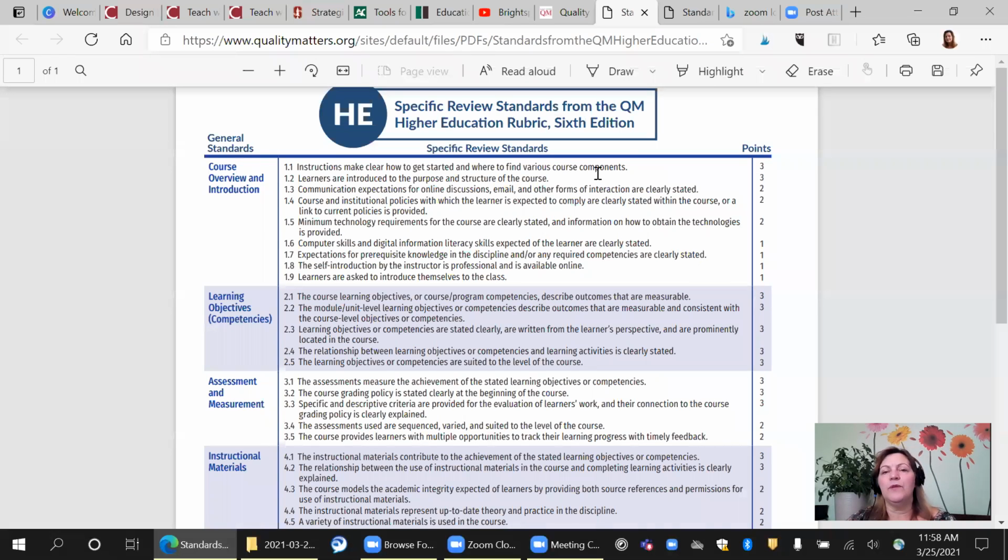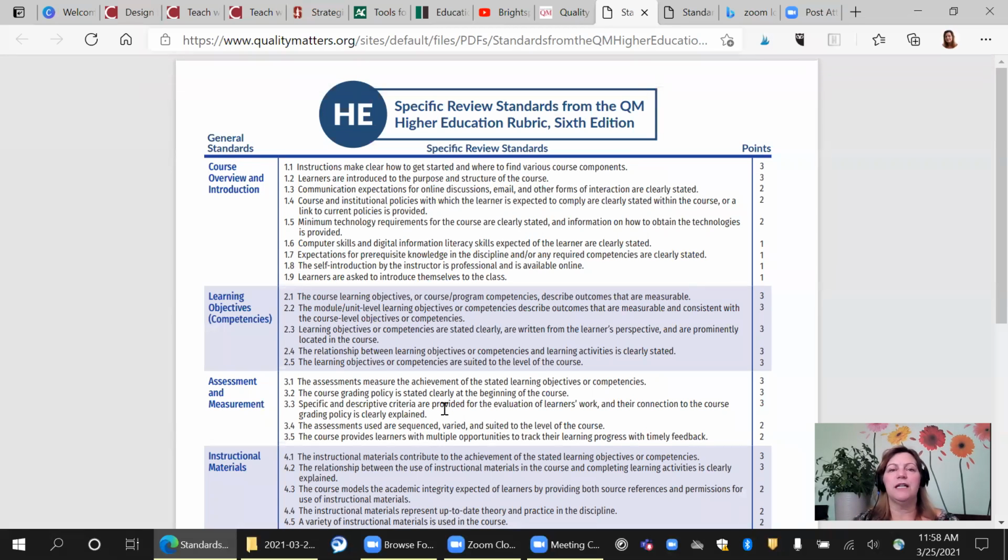And we have an evaluator who evaluates the course afterwards and makes sure that all of these standards are adhered to. And we build in an orientation module. So when students first enter the course, they see a news announcement and it welcomes them to the course. There's usually a little 5-minute video from me or whichever professor is teaching. And we introduce ourselves and we show the student how to use the LMS very quickly, and how